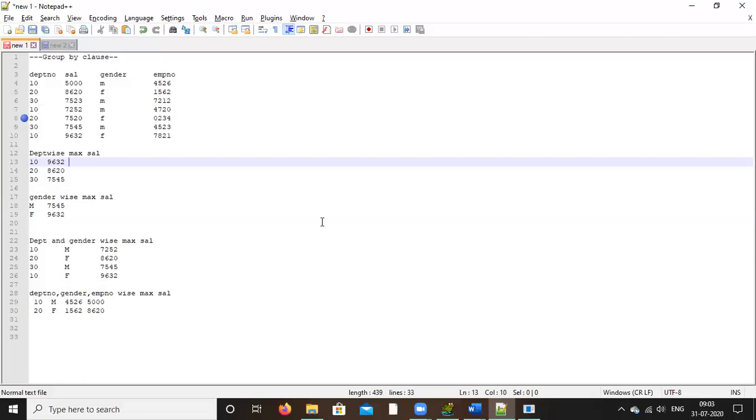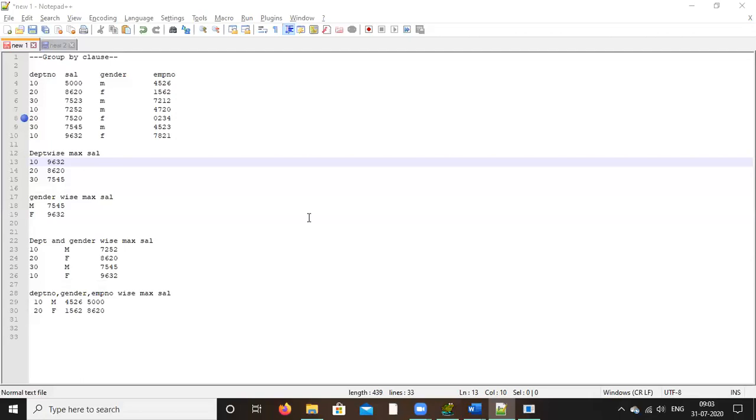When there are similar items, more than one, like male, female, similar items are repeating, 10, 10, 20, 20, 30, 30, this is repeating, but employee number never repeats. It's unique. That's why if you do grouping also, no use, because you will get the same number of items. There is no group at all.